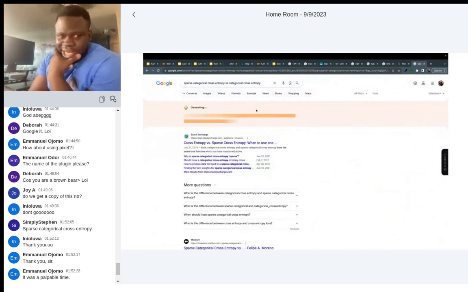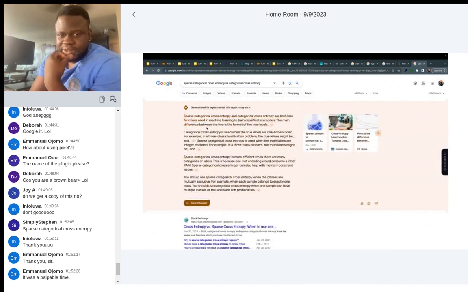I usually like using AI to generate answers for me. They're both loss functions, but categorical is used when true labels are one-hot encoded, while sparse categorical is used when the true labels are not one-hot encoded.